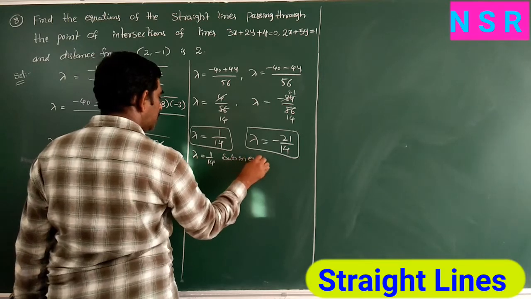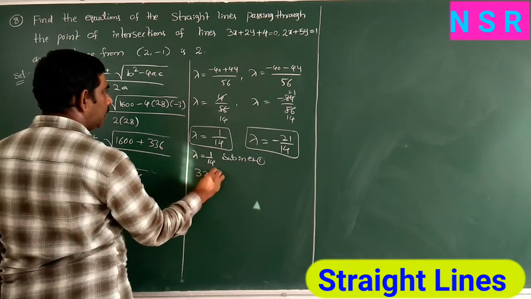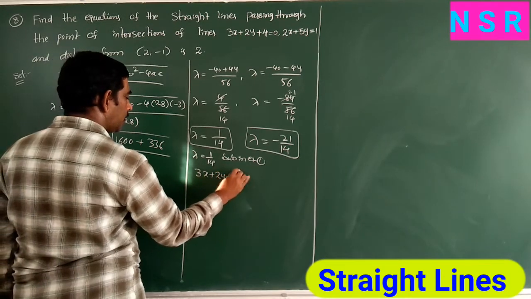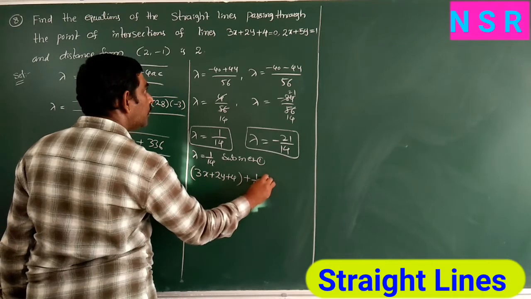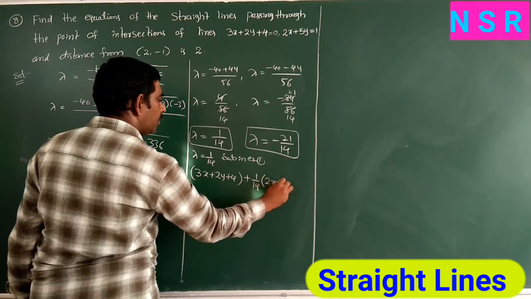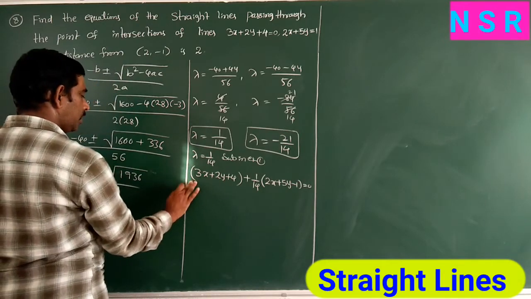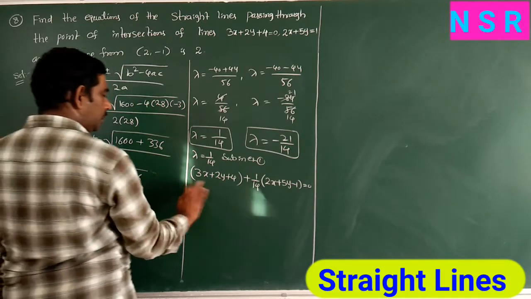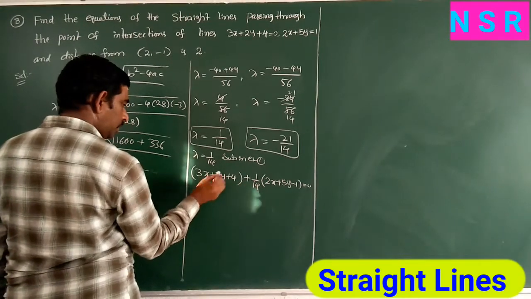Substitute in equation 1. So what is equation 1? 3x plus 2y plus 4 plus lambda, 1 by 14, into 2x plus 5y minus 1 equal to 0. Now multiply by 14 here. 14 into 3 directly write here. 3 4s are 12, 1